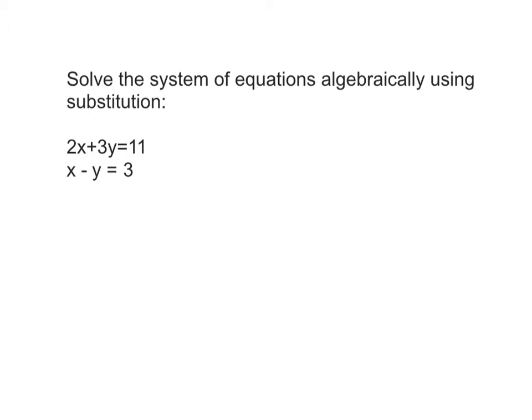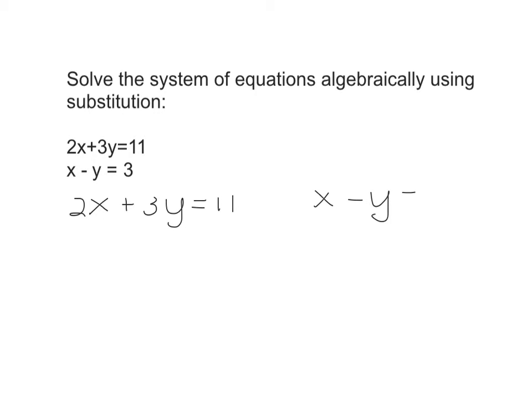In this video, we're going to solve the system of equations algebraically using substitution. But in this problem, we don't have both equations already solved for y, or any variable for that matter. We're going to start by rewriting the two problems side by side, so we have room underneath them to work. So 2x plus 3y equals 11, and then over to the side of that,